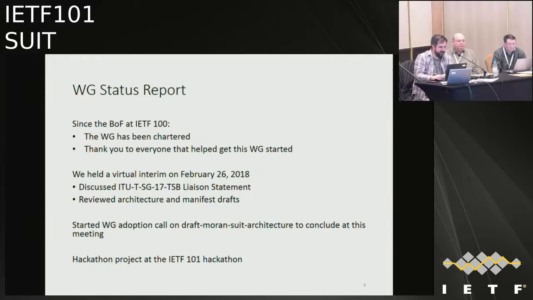Okay. So the working group status report. We've had some activity since IETF 101. We've been chartered as a working group, so thank you to everyone who helped with that process. We also held a virtual interim on February 26th. During that interim, we